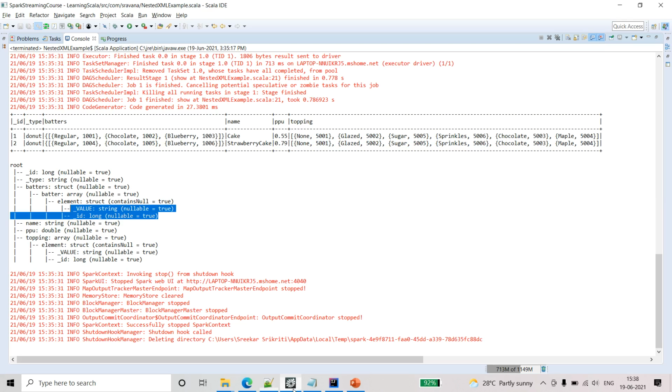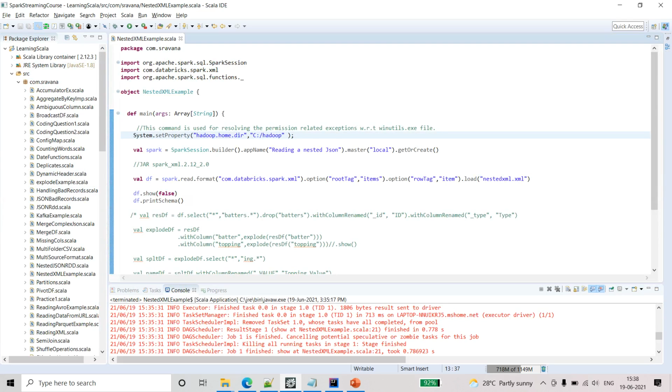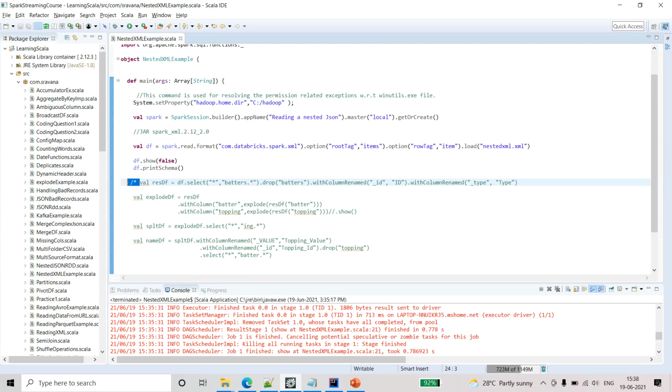So now let's see how to flatten this. Next is this one. I have created many data frames here instead of doing the chain operation, because it will be easier for you to understand. We can collate all together and write a single complex command for this entire statement. So now I am commenting this out because we don't want to print it unnecessarily.